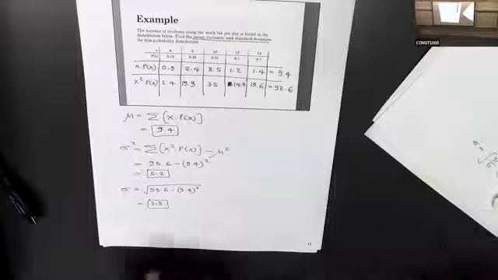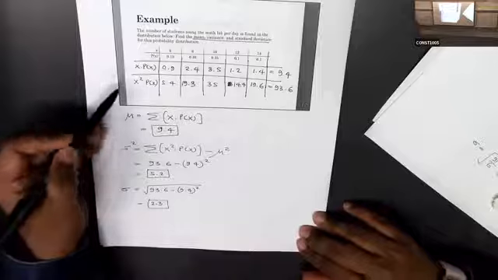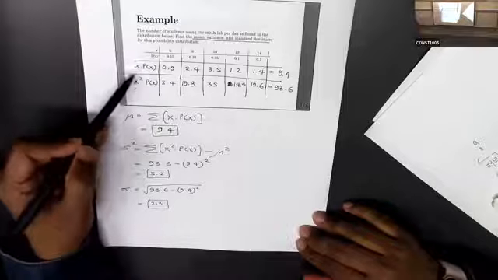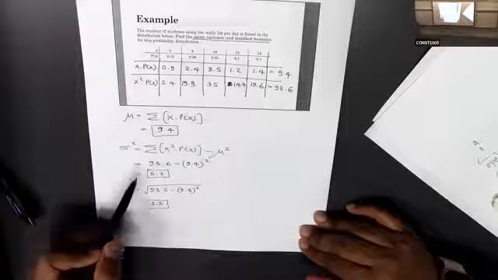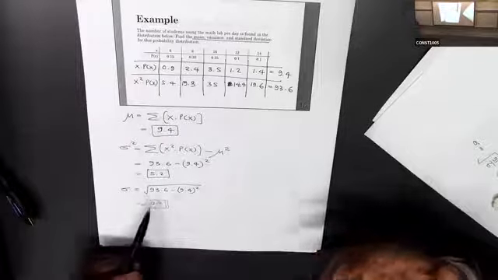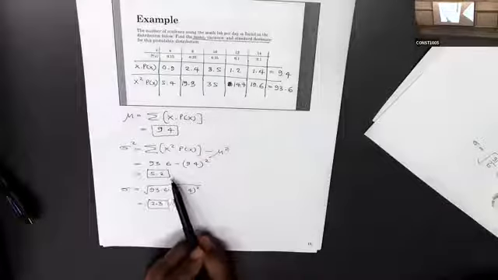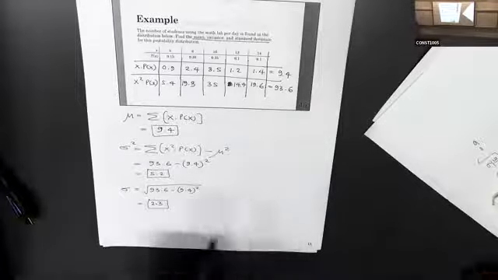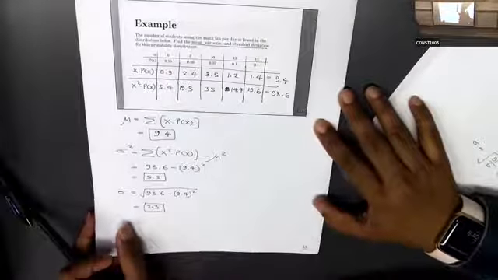Okay. So it is this. If you have a probability distribution, you definitely have to construct these two rows. Then you can find mean and variance very easily. So standard deviation is the square root of your variance, but don't use the final answer because we round here. So use the next line, previous line. Okay.